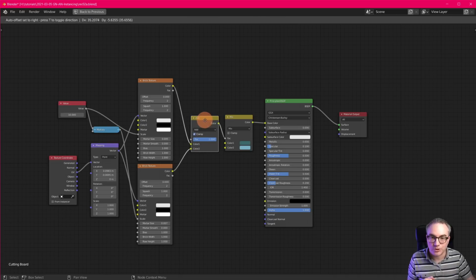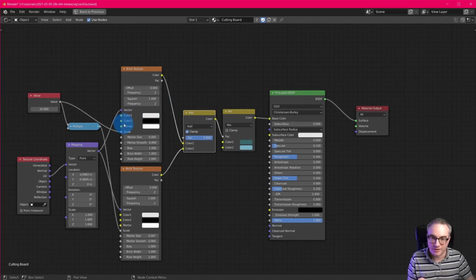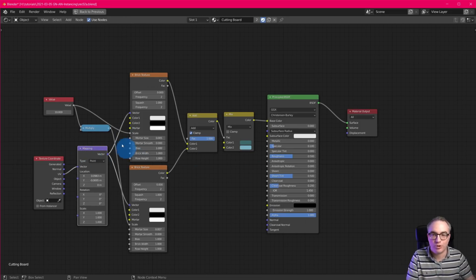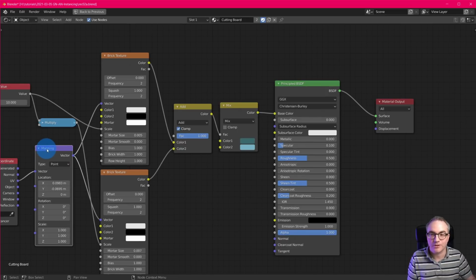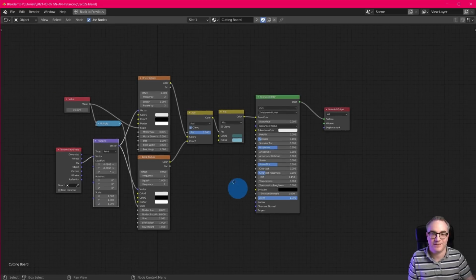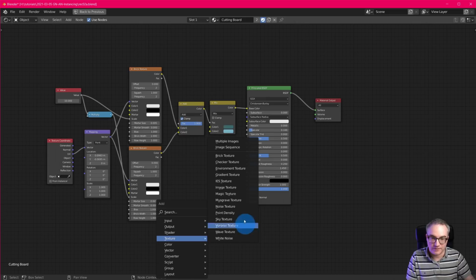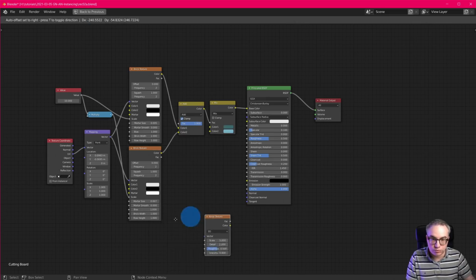Then we have different nodes, and they have different colors, and they have different inputs and outputs, and the input and output sockets have different colors because they have different data types. So it becomes very easy to read what's happening here because of those differences. Here we have a vector purple, and the purple vector node has a purple socket which goes into a purple vector socket, right? So looking at this, or if you have something down here, maybe like a noise texture,